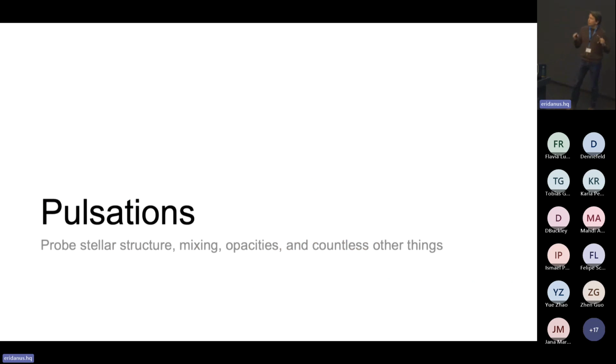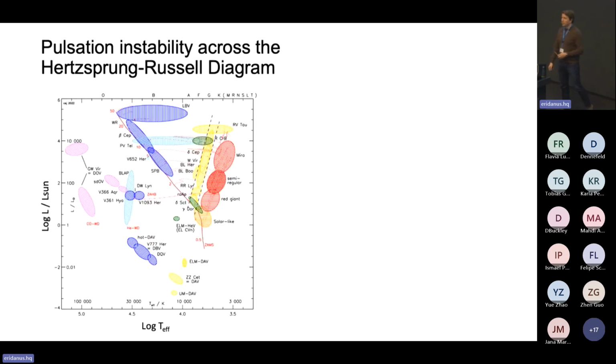Now, coming a little bit closer to my own personal favorite type of variability, pulsations. They're immensely useful for many applications. The one thing that I want you to really take home, if you're not at all familiar with this, is that pulsation cannot occur everywhere in the Hertzsprung-Russell diagram. Pulsation is always intricately related to the structure of the star, and so different regions in the Hertzsprung-Russell diagram will feature specific types of